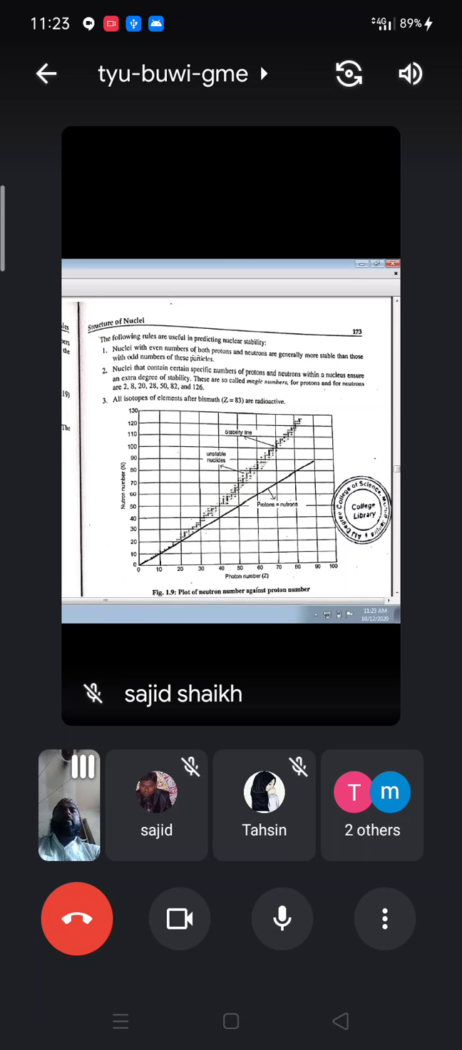All isotopes of the elements after bismuth are radioactive. All the isotopes of the elements after bismuth are radioactive. Here that stability